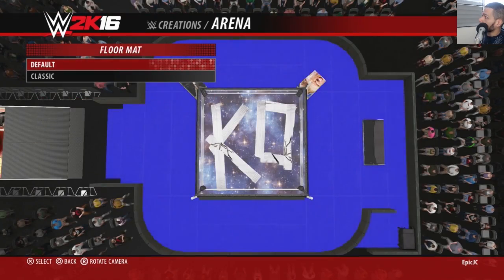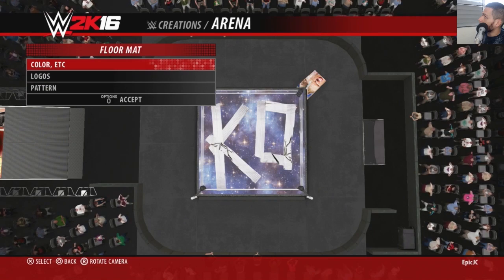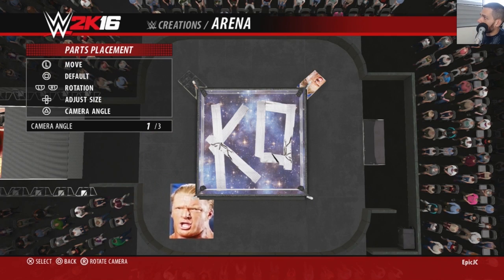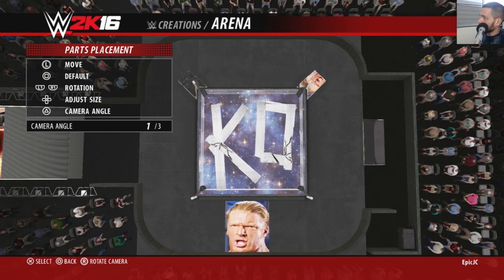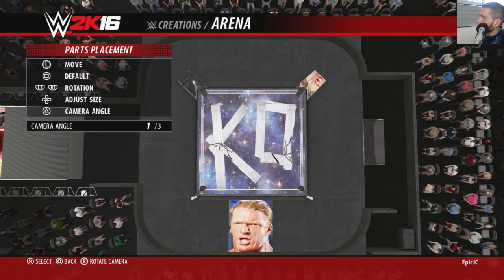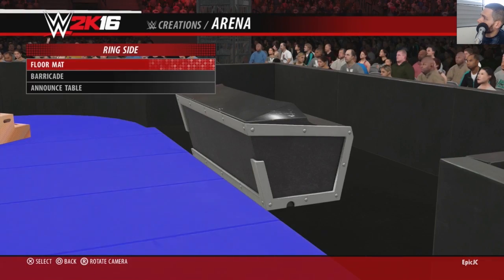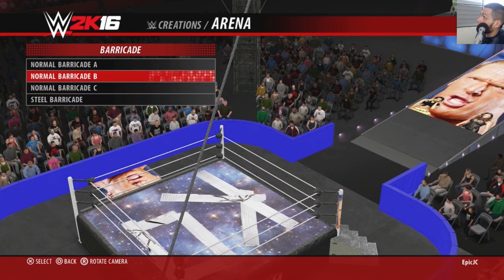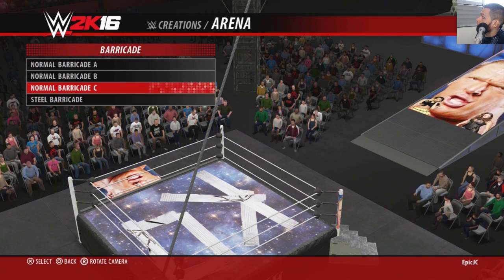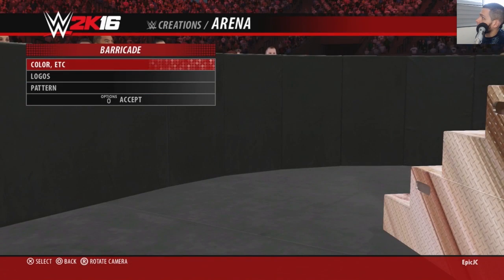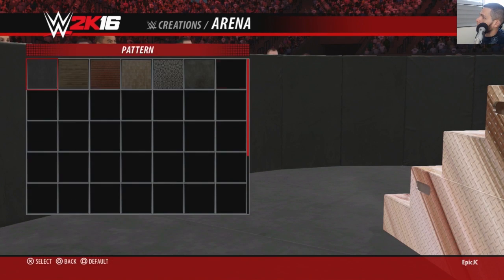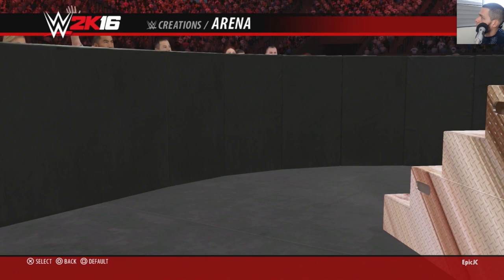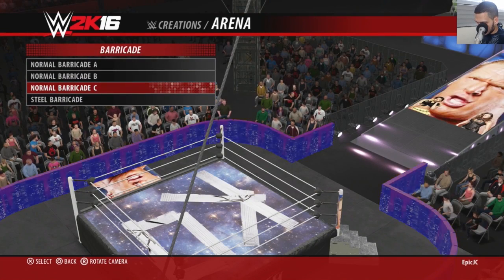Now let's go to Ringside. Floor mat. You can have classic. You can have also logos. You have the ability to create your own patterns, your own texture. So if you want the outside to look like there's foam padding, but a little bit differently, you can do that. When we're done with this, we're going to do a quick match just to see how it looks. You can add a steel barricade if you want. And it changes all of it, or you can just change these. You can add a pattern to all of this also. So if you wanted to have a little bit of a city going on ringside,